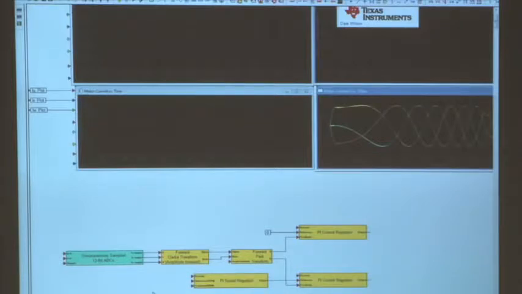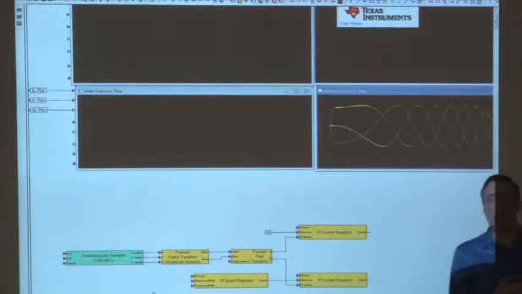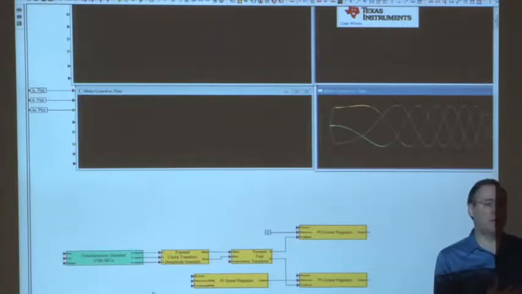Now you notice that the PI regulators also have execute pins on them. That's because this is a sampled system. If you open up these blocks, you'll see that they have digital Z terms in there, which actually sample, but we need to know when to sample. That execute pin is going to come from the PWM module. In fact, that is where we typically generate the execute for a lot of this stuff, is we synchronize the whole